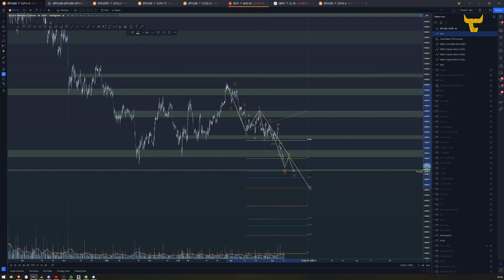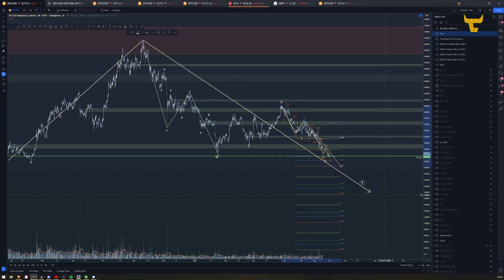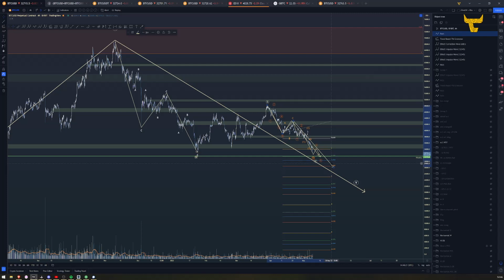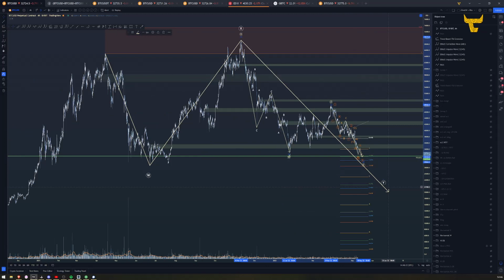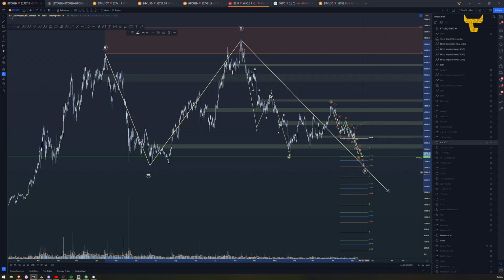So it worked for the ending diagonal. It worked for the WXY. And as we were saying, this could become the wave Y and big Y. So it could be the end of the correction. Or